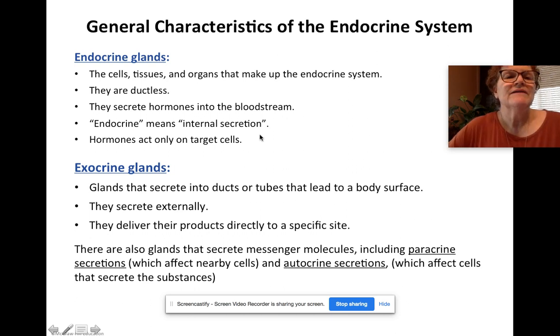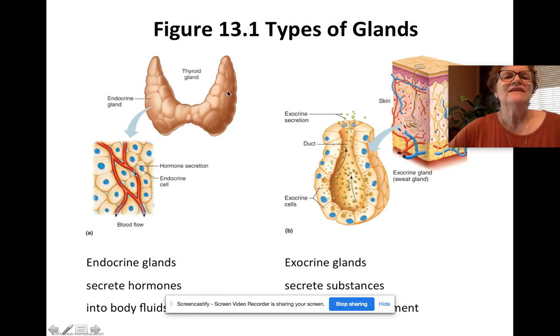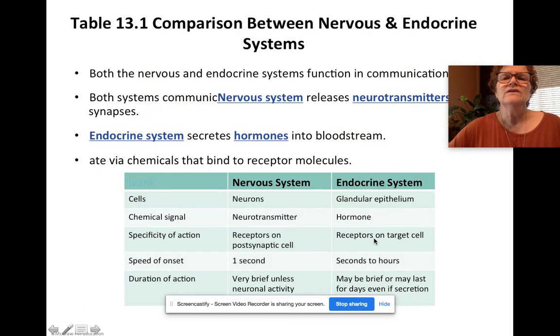Hey guys, we're going to be talking about the endocrine system in chapter 13. So you'll need to know these bulleted items about endocrine glands. And the thyroid gland is one of those, so you can see how they are different from exocrine glands. You can also see here that we want to take a look at this list here, how they're different from